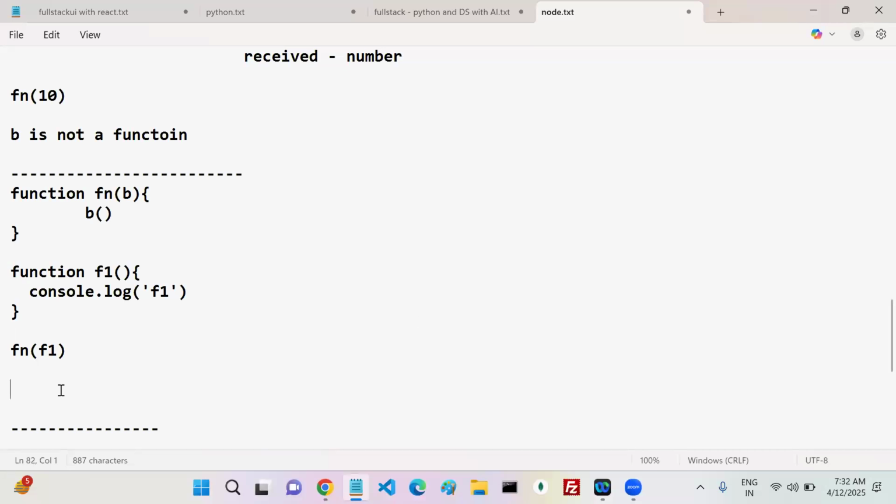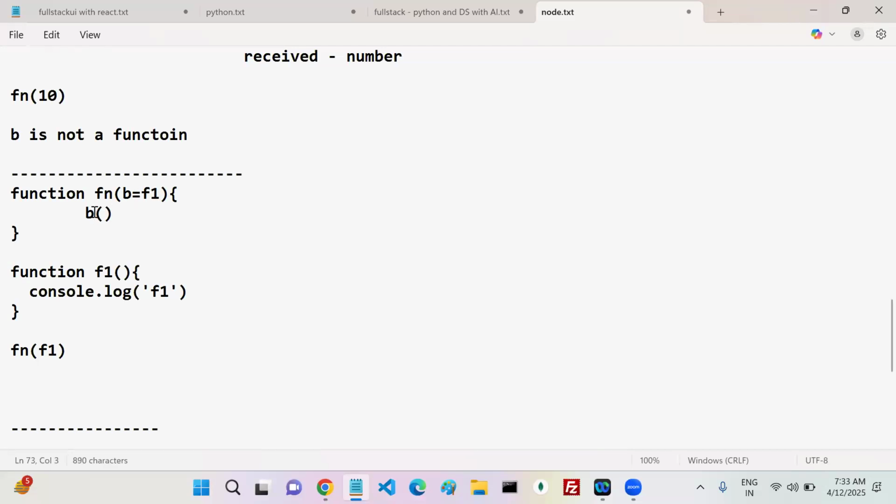F1 is my output. Can you elaborate? Very simple. You are calling what? Fn. You pass how many values? Tell me something about Fn. Fn takes one argument. Based on the usage, my argument type should be a function. So my B should be a function. That's it. You are calling Fn and you pass one value to my B. You are passing, that means you are assigning. So my B is assigned with F1. Now onwards, my B is like F1.